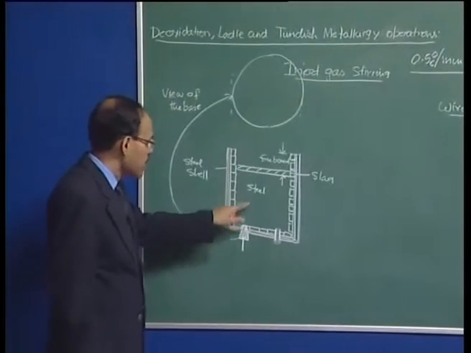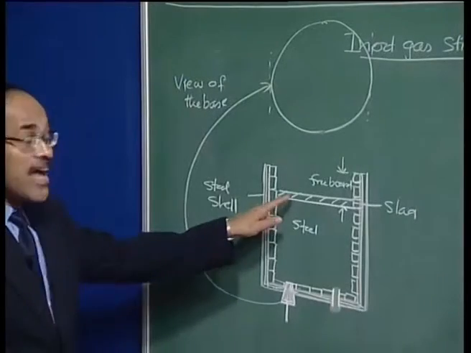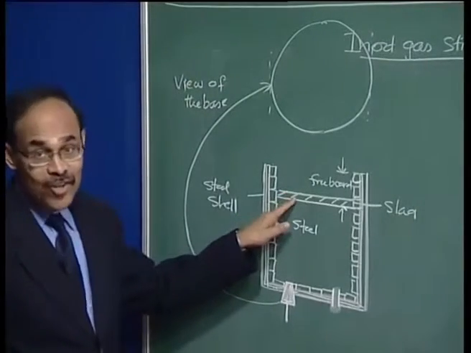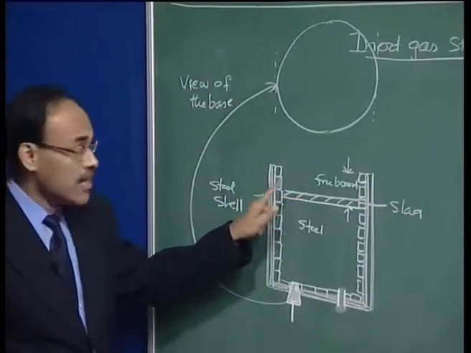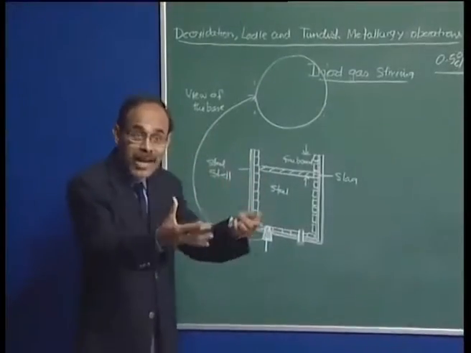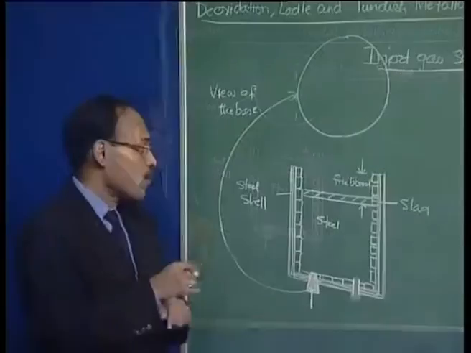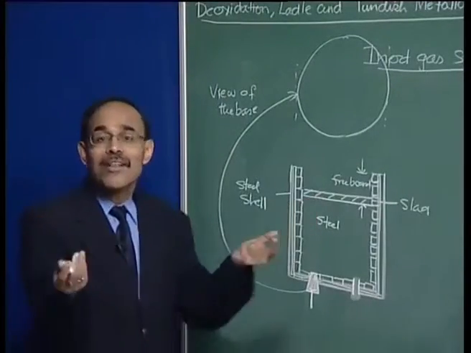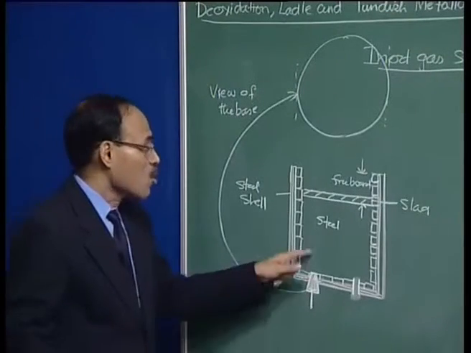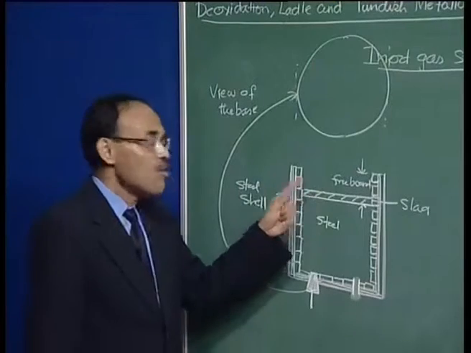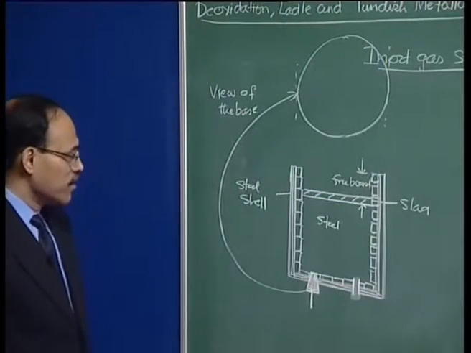So molten steel is there. On top of molten steel, we have a slag layer, and this slag, as I repeat again, is not the oxidizing slag of the furnace. This slag has been prepared afresh, by the addition of lime as well as spar materials, silica in the ladle during the filling operation, and it also now contains a lot of alumina, because we have added aluminum to deoxidize the bath. So alumina, CaO, SiO2, this is basically the composition of the slag.